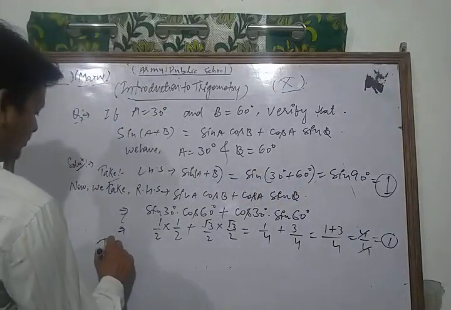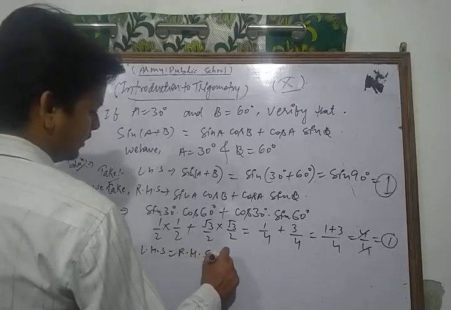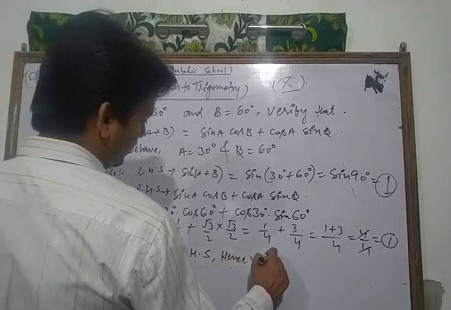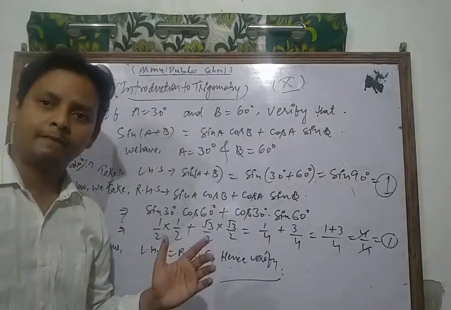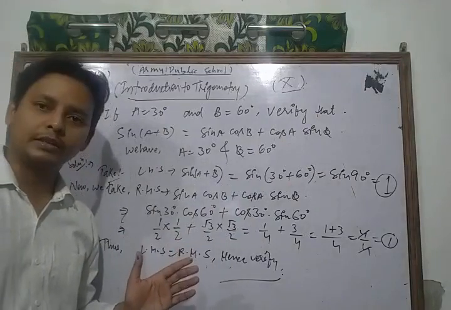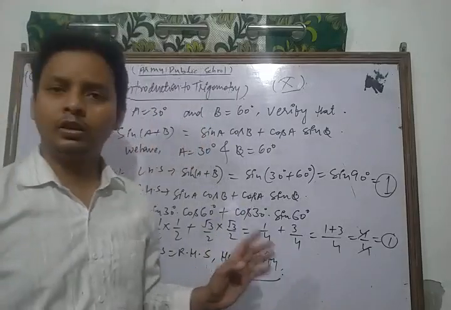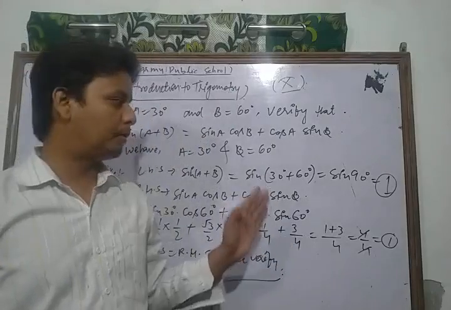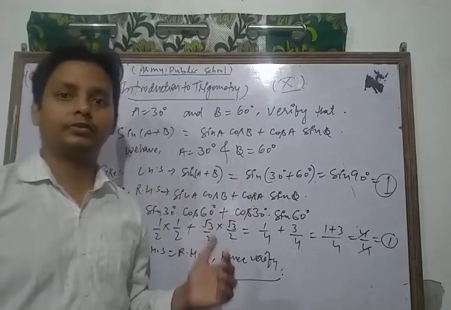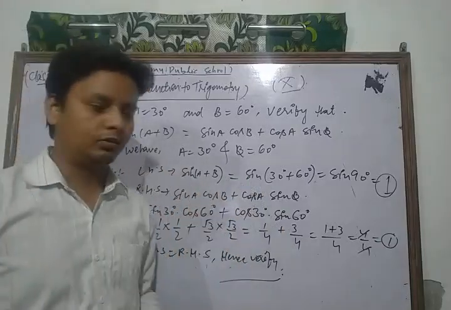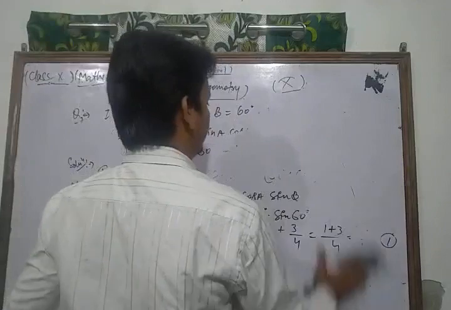Thus LHS is equal to RHS. Hence verified. Okay, so this is the method, dear students, to solve that type of question. So please, dear students, do more and more practice of that type of question. So first you learn all the important values and the formula chart, sin of 30, sin of 60, tan 60, tan 45, and then after that you can solve that type of questions. Okay, now we take and discuss the next topic of your chapter, let's see.